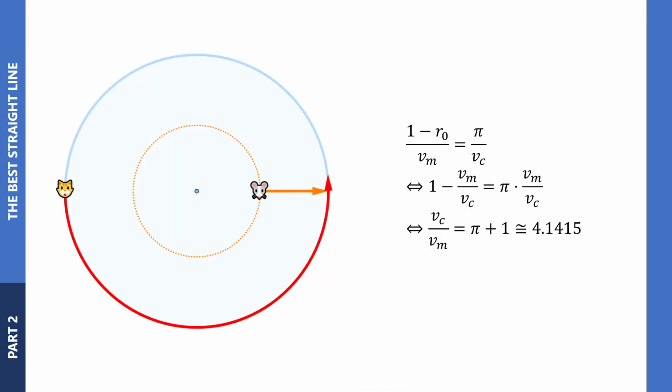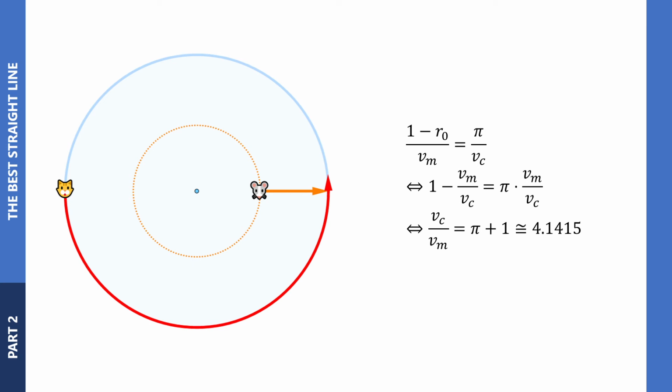For the Numberphile solution, the calculation is easy. The distance the mouse swims is 1 minus R0 and its speed v. The cat runs at distance pi at speed vc. Therefore, the maximum speed ratio at which the mouse escapes is pi plus 1, which is roughly equal to 4.14. In their video, Numberphile mentions that the value must be somewhere between 4.1 and 4.2, so our exact value matches